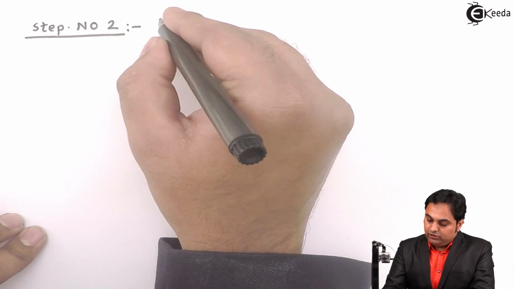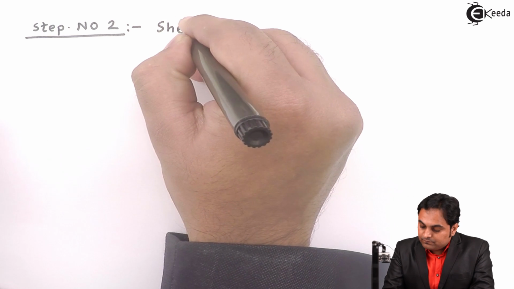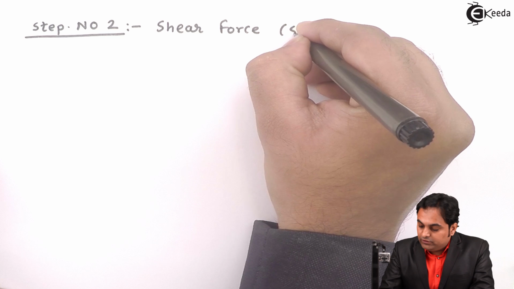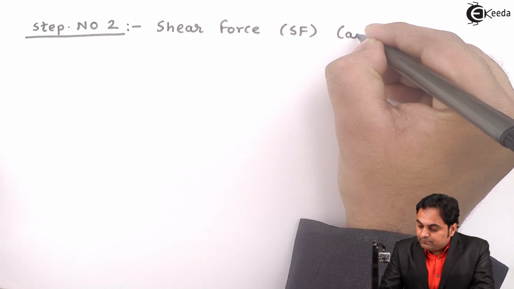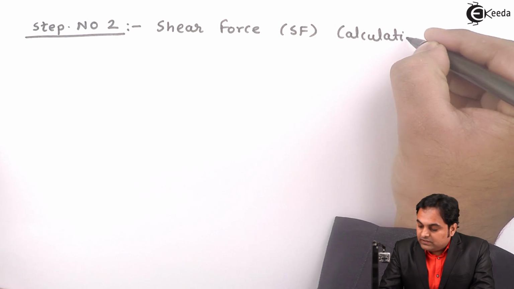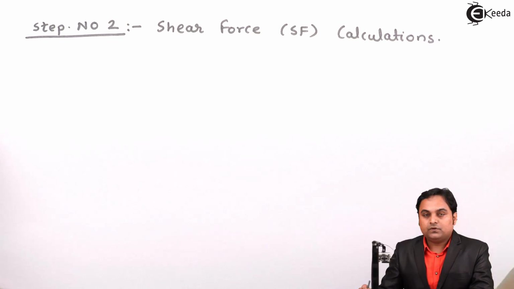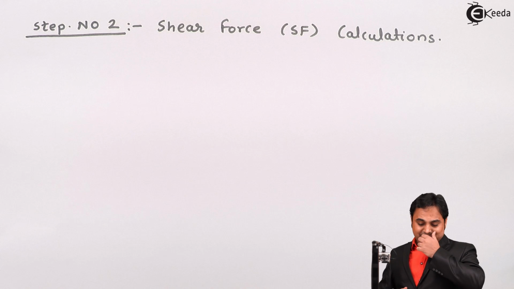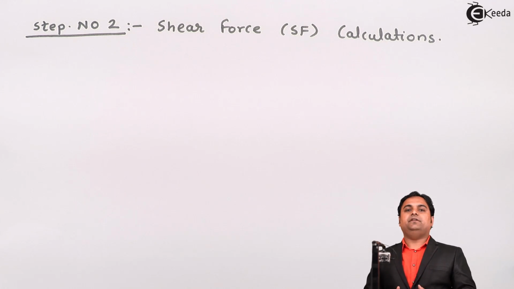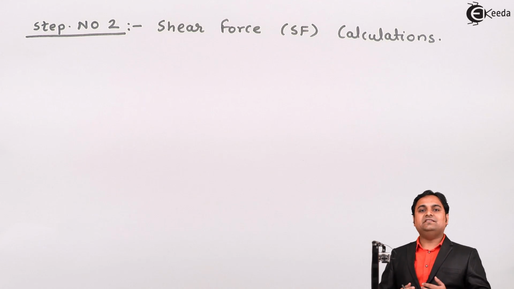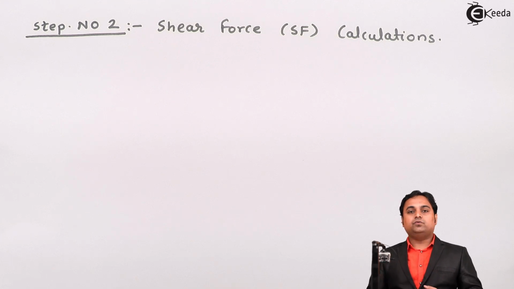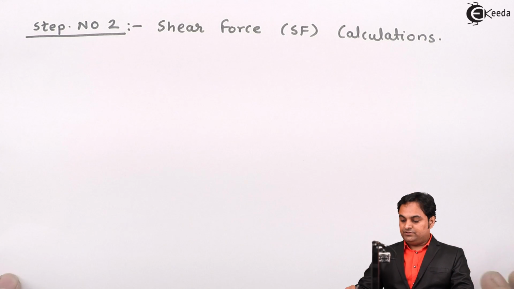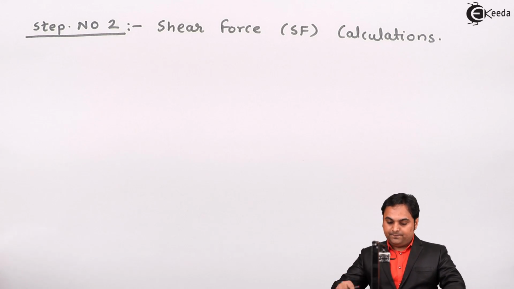Step number 2 is called shear force, also called SF, calculations. Now, as I have told in the start, this problem of SFD and BMD will get solved in 3 simple steps. First one was calculation of support reactions, second is shear force calculation, and for this step I will